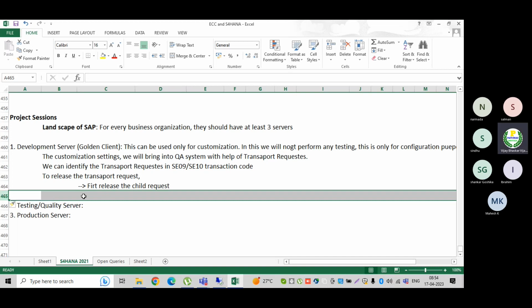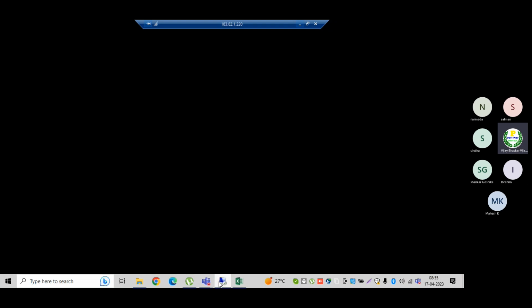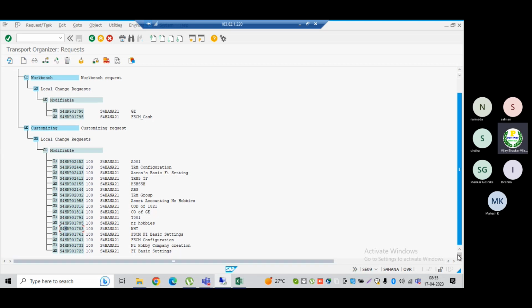I will show you that practically. Then release the main transport. How can I release the transport request? Go to the SC09 transaction code. You can find which one you want to release. Remember, let us assume I want to release the 1783 transport request.